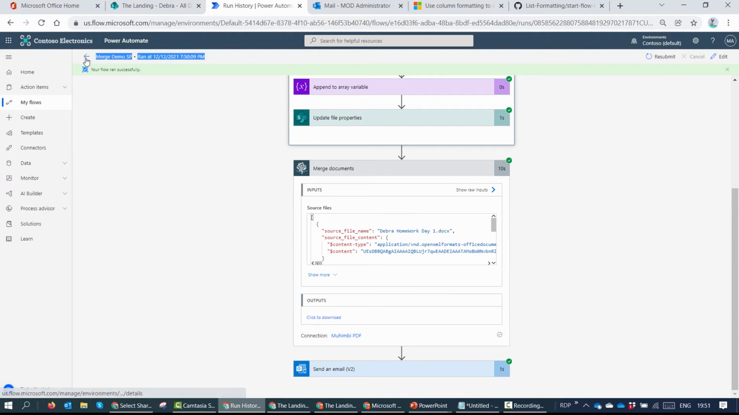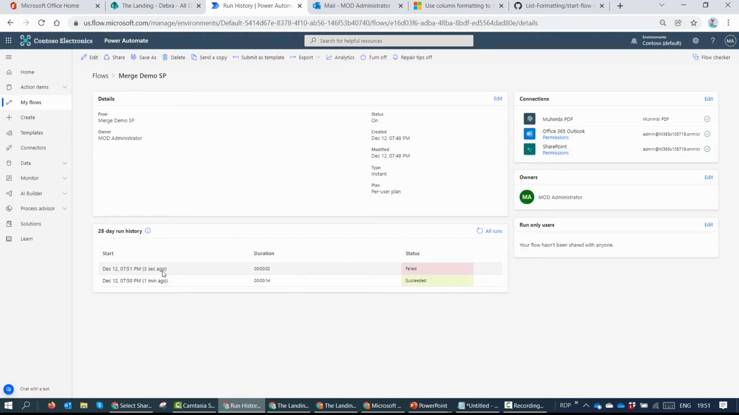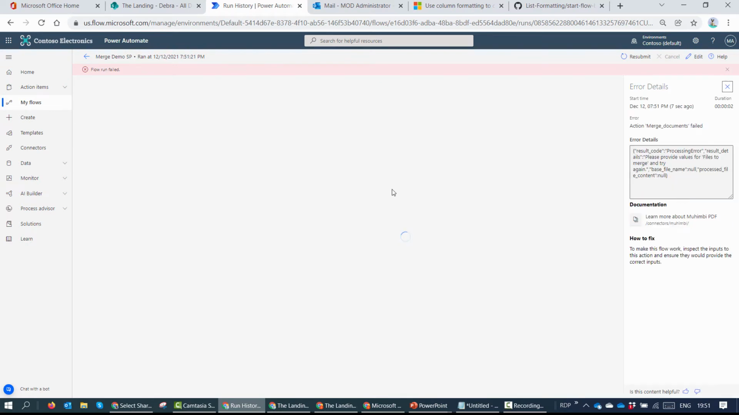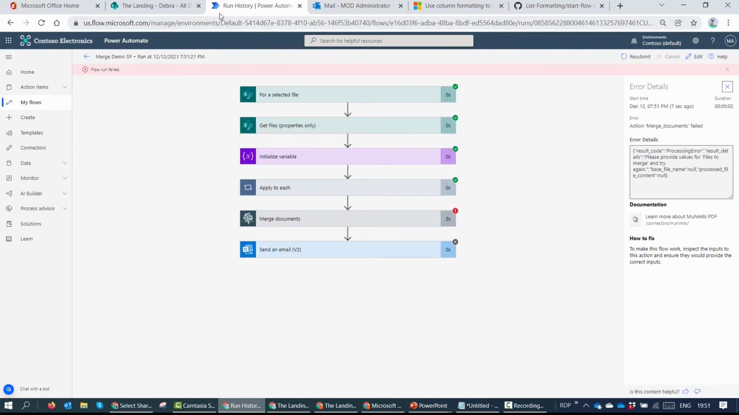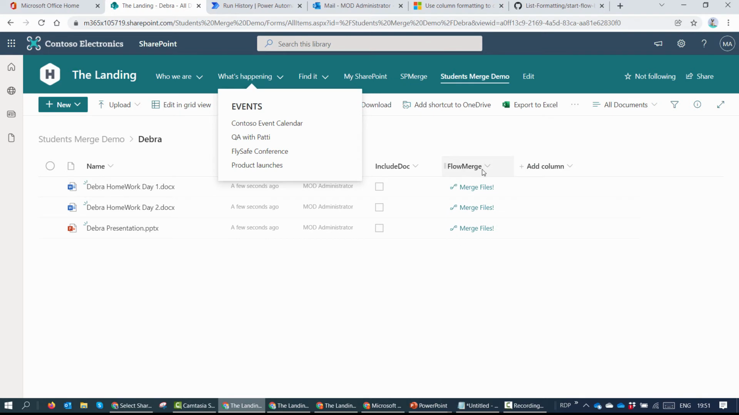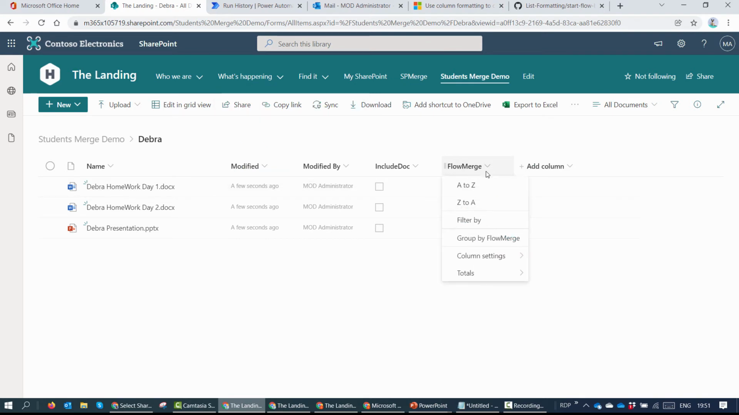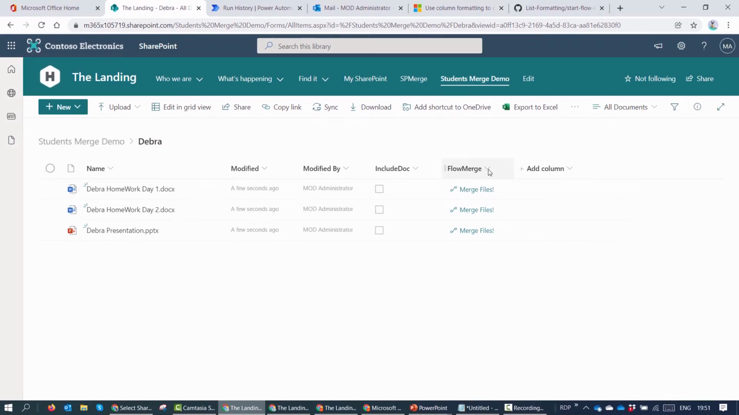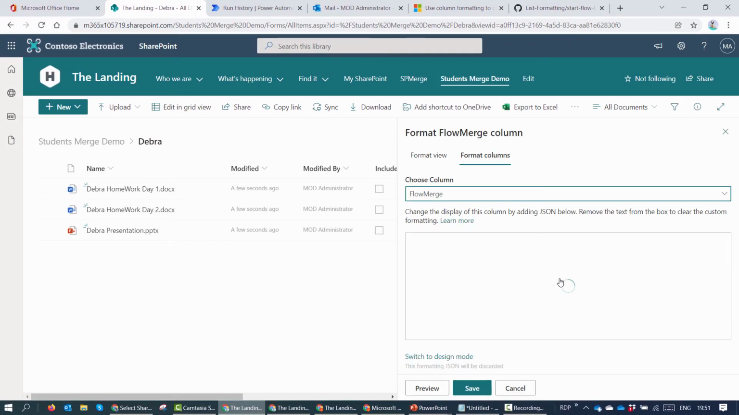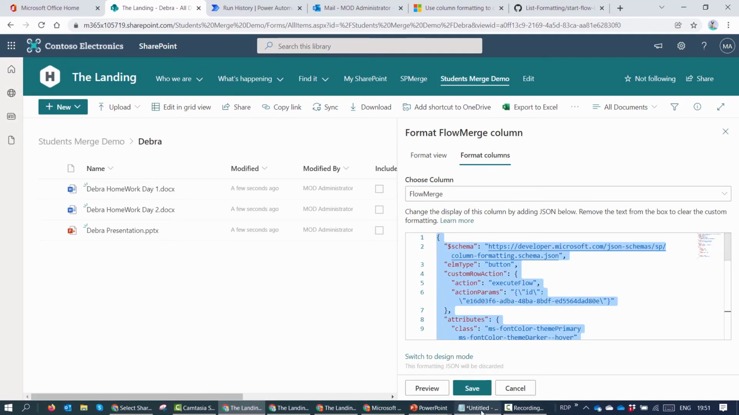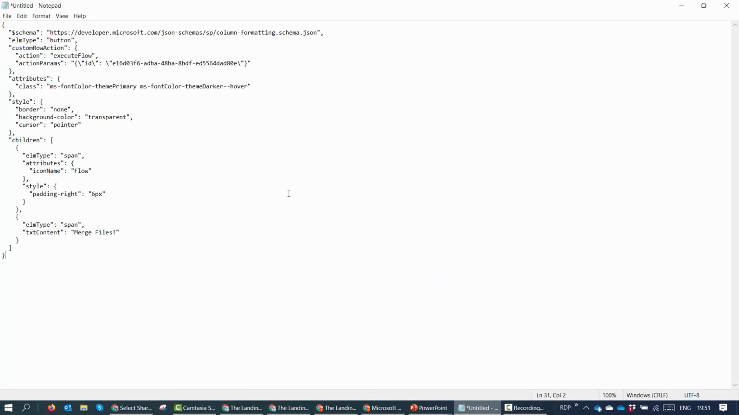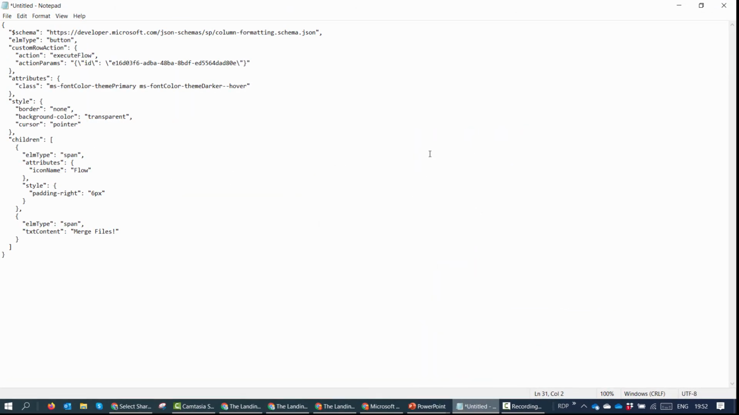Right? So the flow is trying to run and it immediately failed because it could not find any files. We need to go ahead and resolve this problem. I want to do it using column formatting. So I'll say edit, format this column. I'll copy the JSON, put it in a notepad, and here I want to specify a condition such that